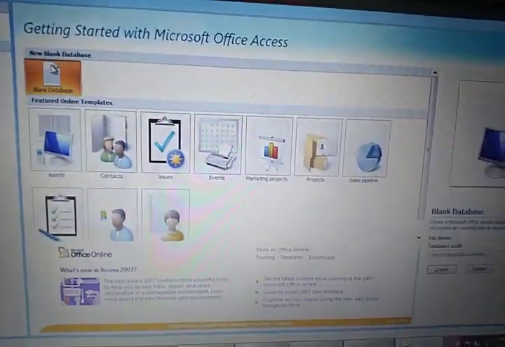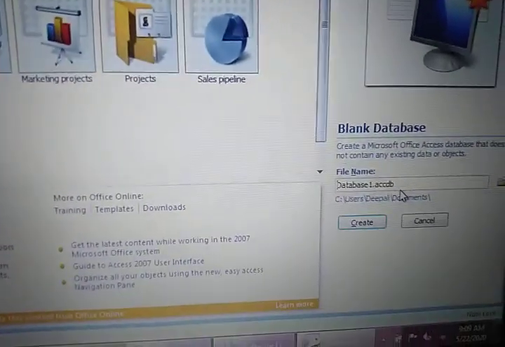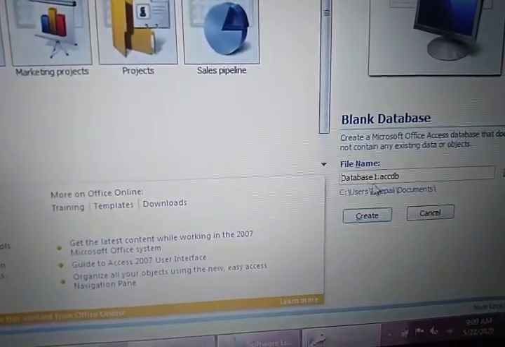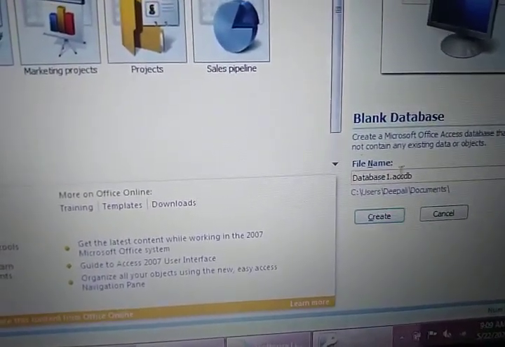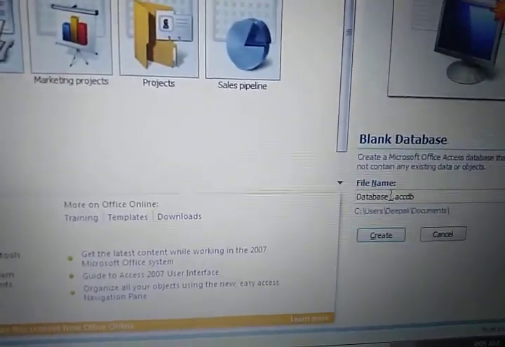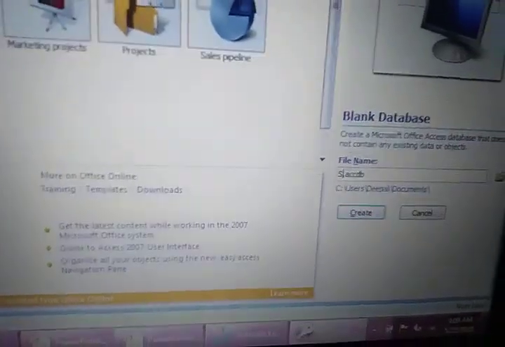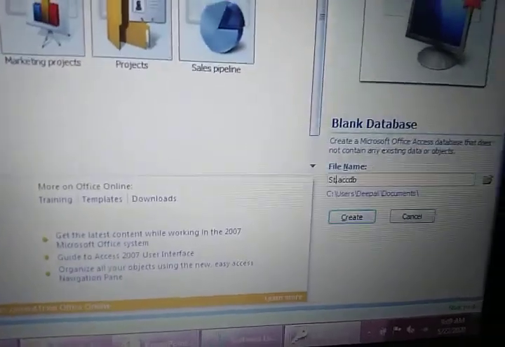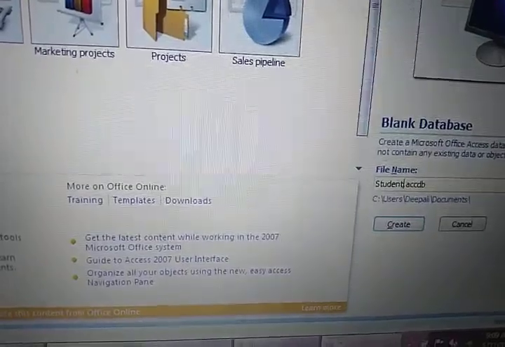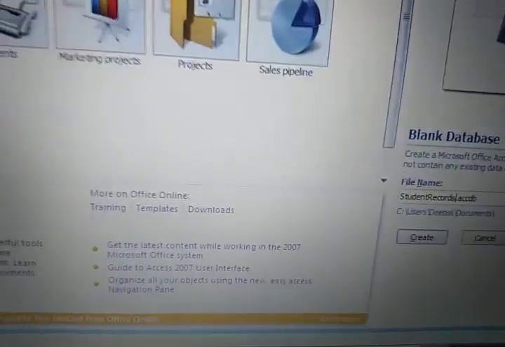When you click here, just observe, it will ask you for the file name. Right now by default it is giving Database1, but I want to give a database name, so I am writing Students Record. Fine.